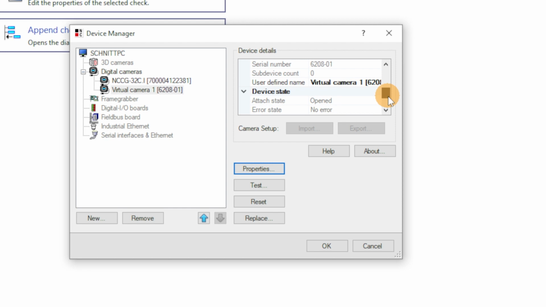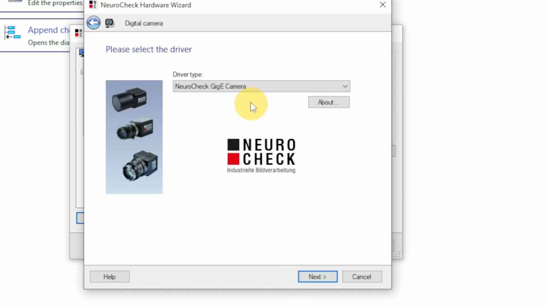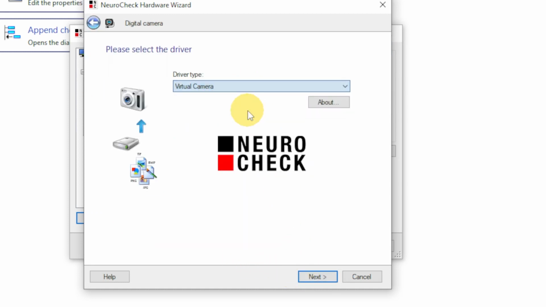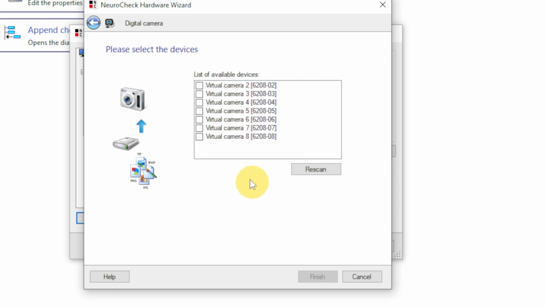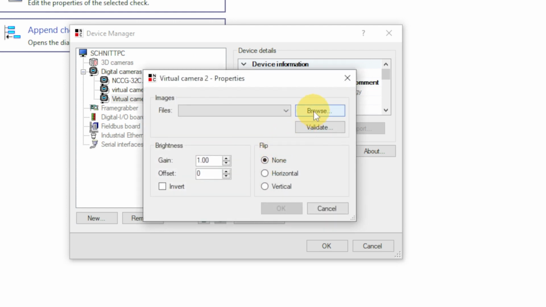Let's rename the camera to Virtual Camera Color in the device details. Then we add a second virtual camera. Let's assign grayscale images to this camera.